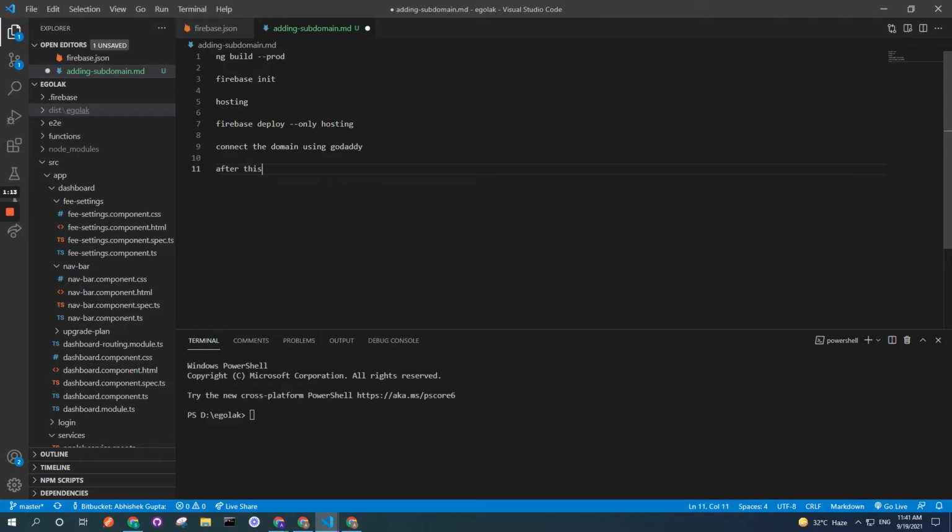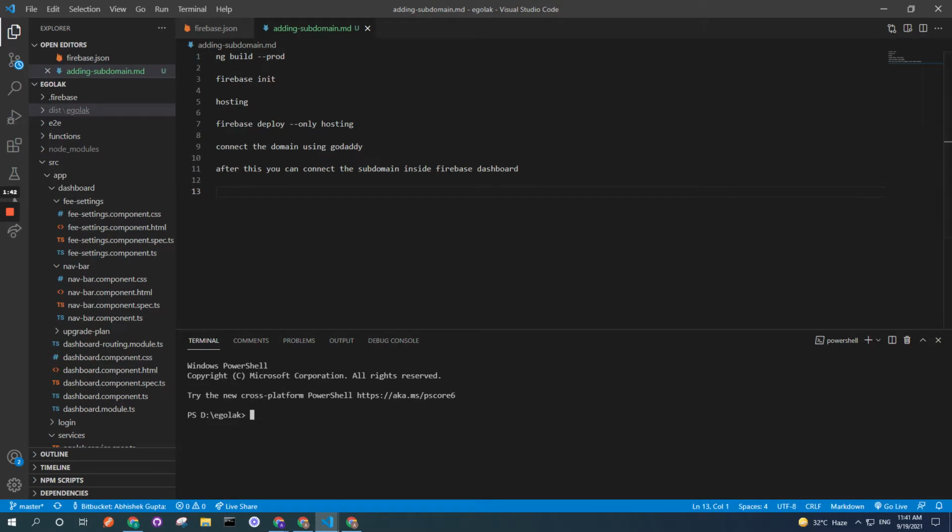After this, you can connect the subdomain inside the Firebase dashboard. When you add a subdomain to Firebase, it will give you an IP address with a DNS name, and that record needs to be submitted inside your DNS provider. For example, in this tutorial, I am using GoDaddy and Firebase to do all these things.